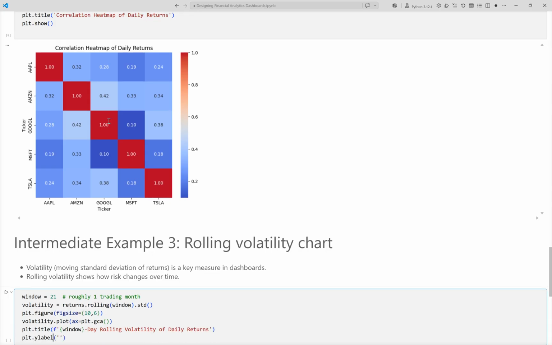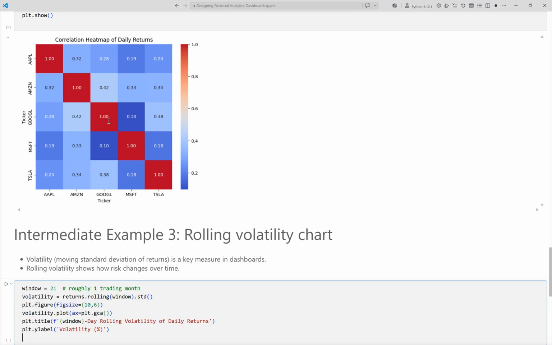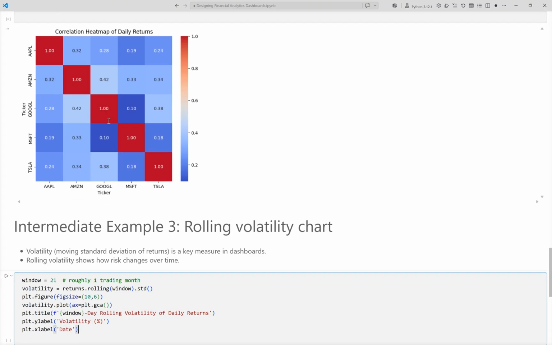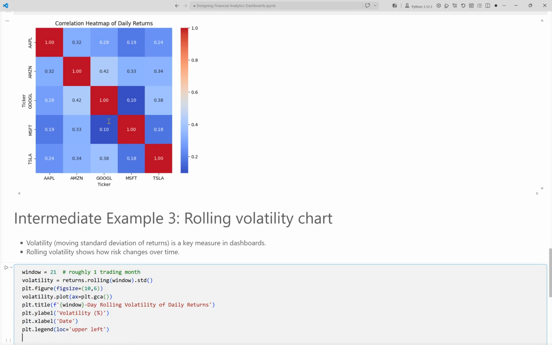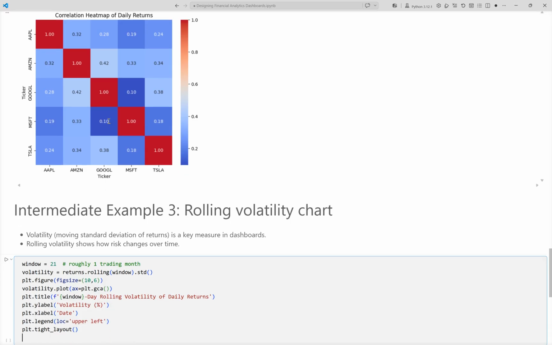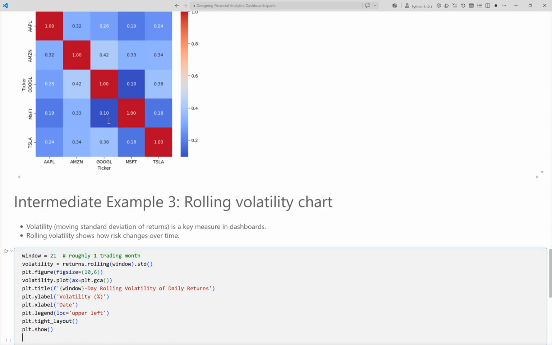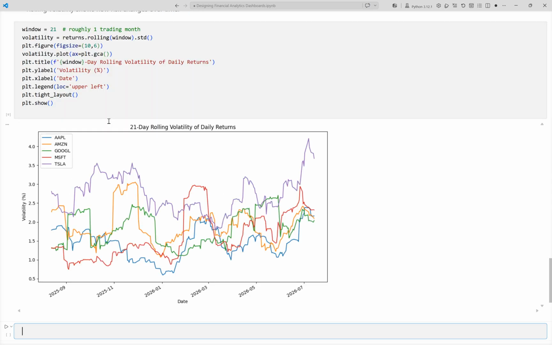We label the y-axis with volatility in %. We label x-axis with date. We include a legend to tell tickers apart. We space elements tightly. We display the rolling volatility chart. Running the cell now. This chart displays the 21-day rolling volatility of daily returns, capturing how the risk of the